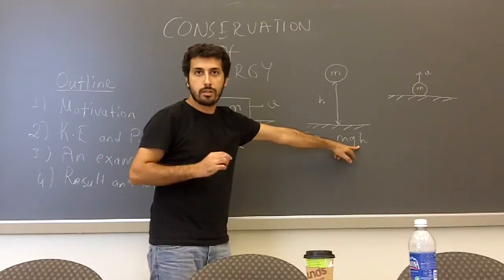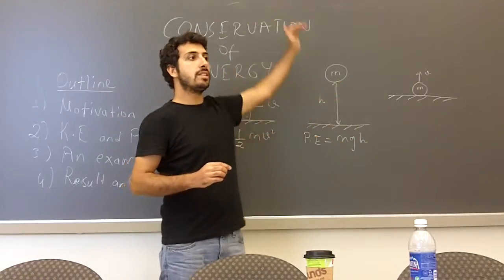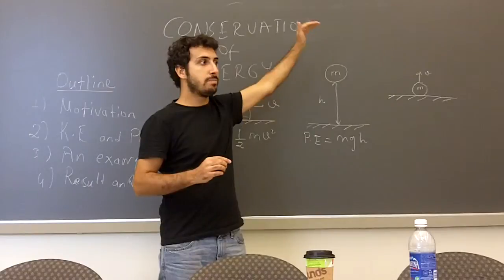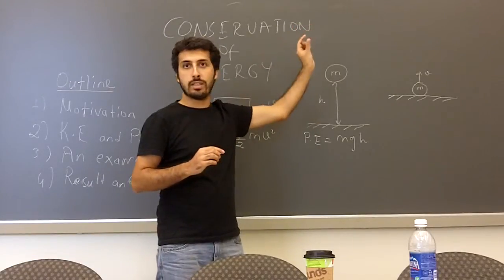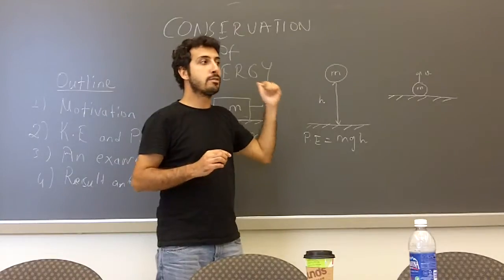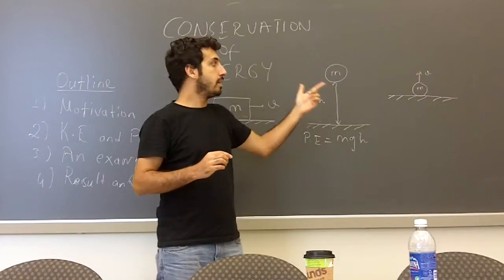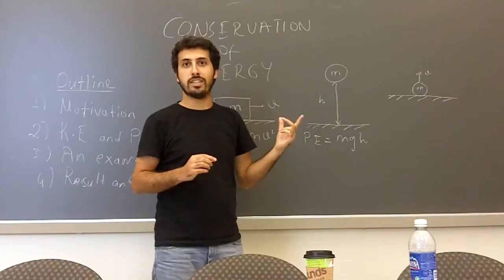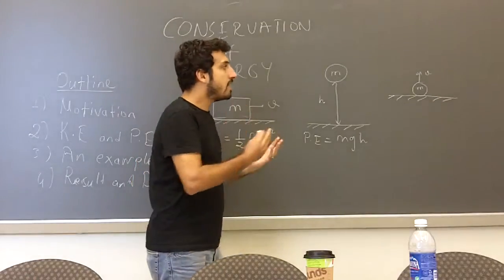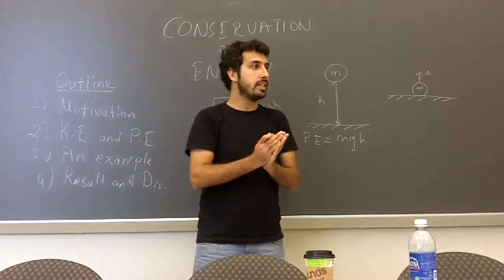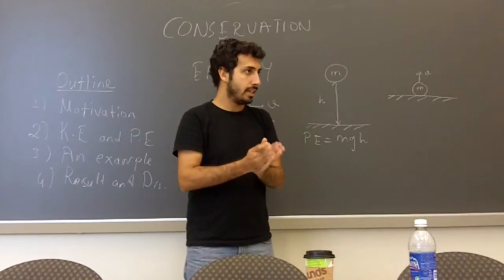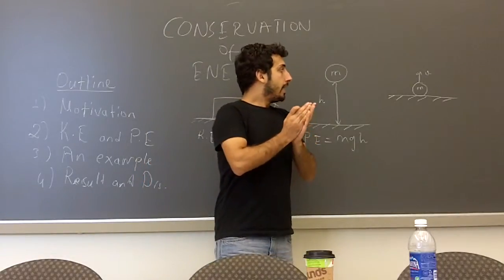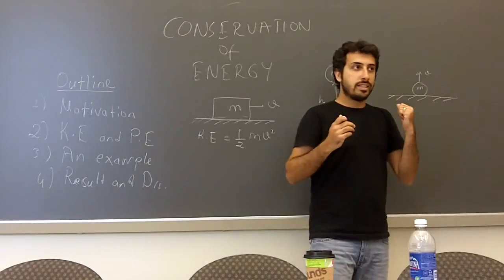It is automatically zero. So when this object reaches its maximum height, it stops for a moment. So you can say that there is no velocity and automatically you have no kinetic energy, but you have potential energy. As a result, we can say that the total energy is a conserved quantity. And we can also find an answer to the question,